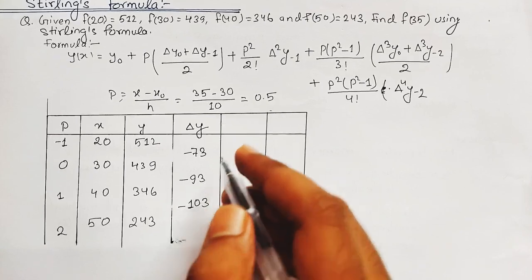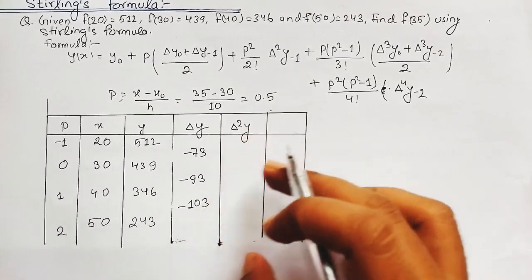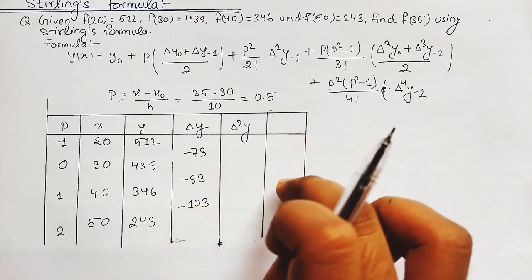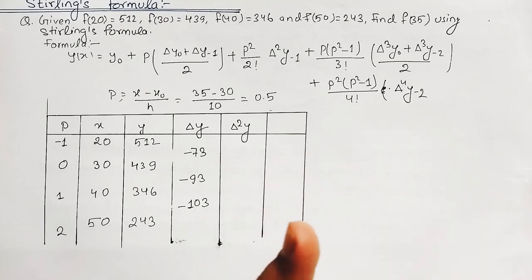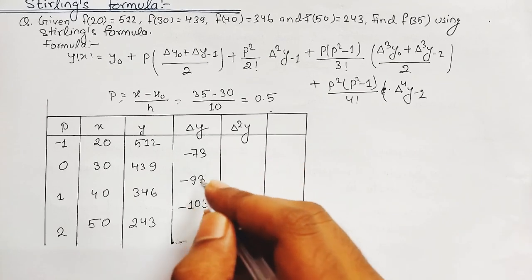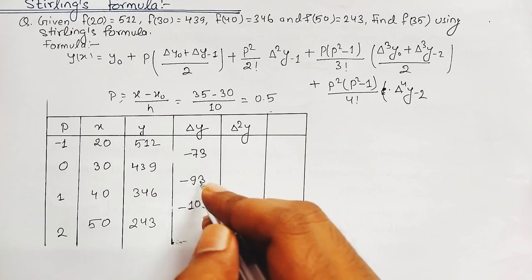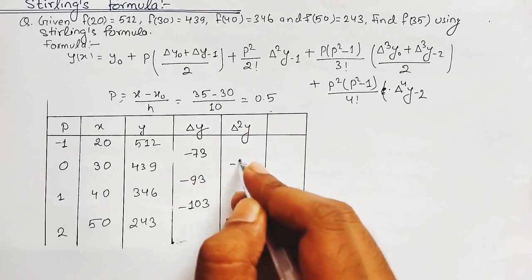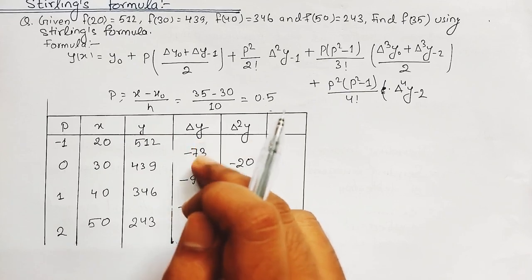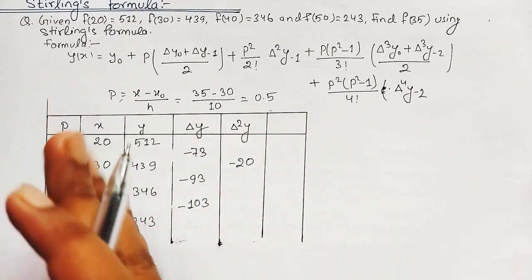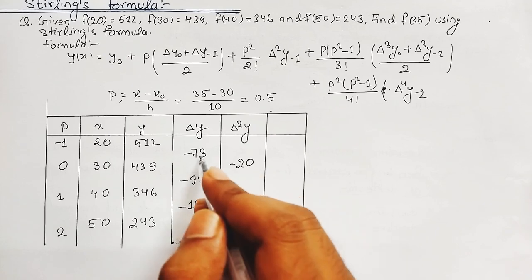Now again we will need to subtract once again, so that we will have a single term remaining in a column, or either 0. So again we have here 3 columns, so again we will subtract. Subtract this value from this value, so we will get here minus 20, and try to write it in the middle of the two values in the preceding column. Okay, so here I am going to write this minus 20 between these two